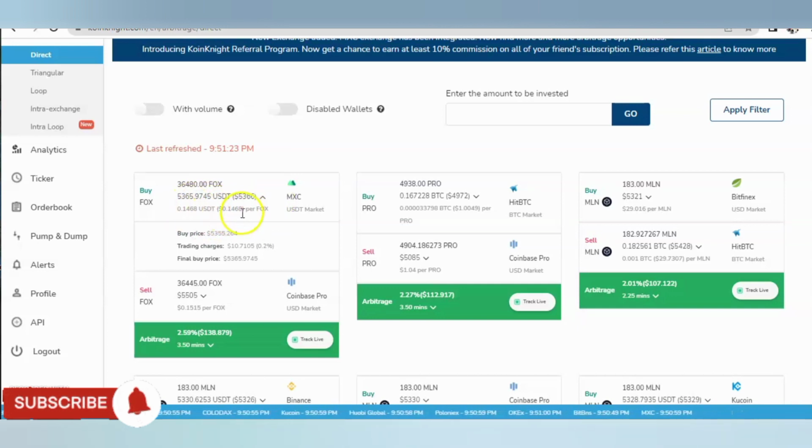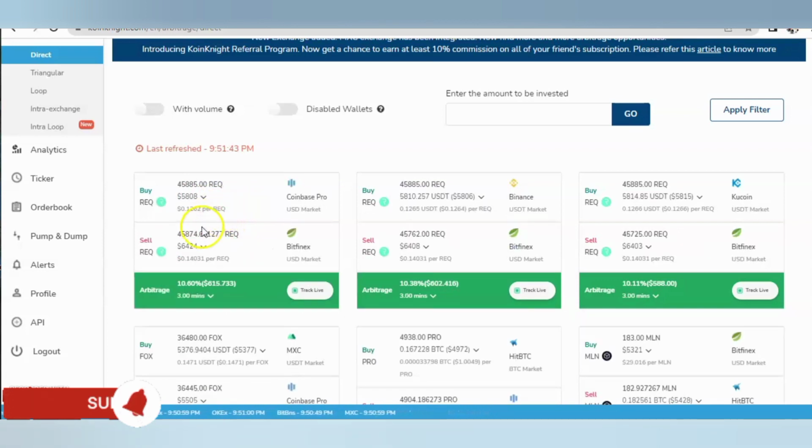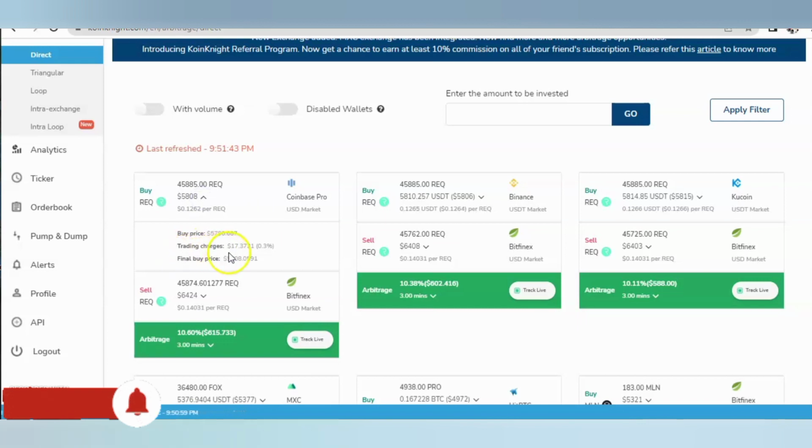So you buy it at that rate. Then this is a buy price, 5,366, and then you are also going to see how much you'll be charged for buying that particular coin, and you are going to see your final buy price, and then you will send it to another